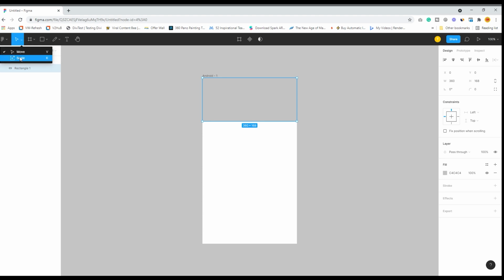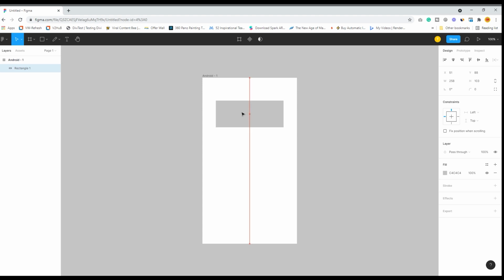So what is the basic difference between the scale tool and the move tool? If you see, in the move tool I can move things like this. I can move a rectangle by its side. But what happens if I do the same thing with the scale tool? Let me reduce the rectangle a bit to show you how the scale tool works. If you see, it actually scales through the center proportionally. So all the sides are getting affected by this. That is the basic difference between your move tool and scale tool.